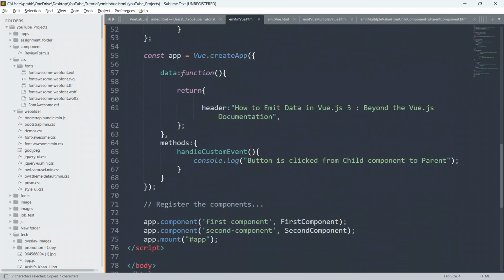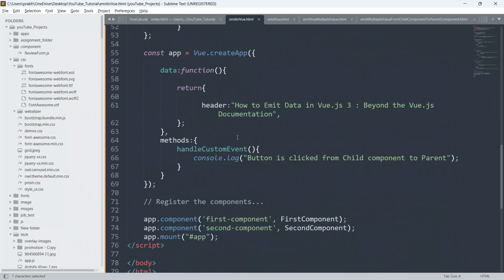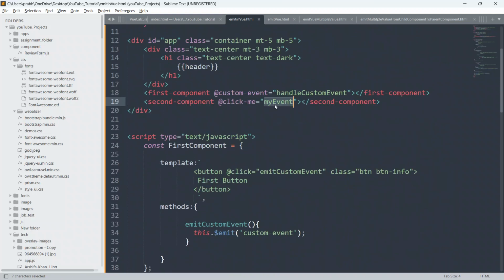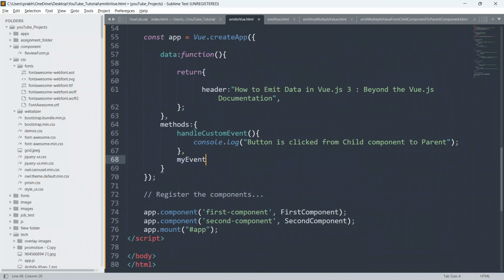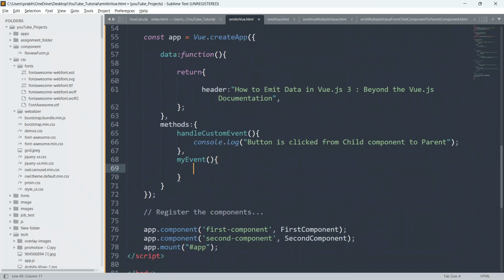So now we have to define this event into our parent component also. So we have to define this parent method, this my event custom event, into our parent component. So below this I'll just put here comma, and I'm going to define this method my event. So I'll just say here parenthesis and open and closing braces, and just close this and put comma here also, so later on we won't have any kind of error.